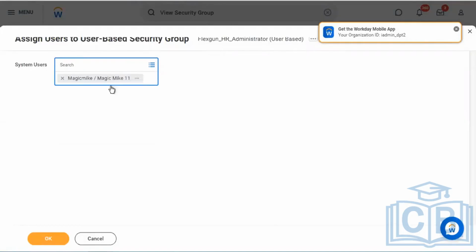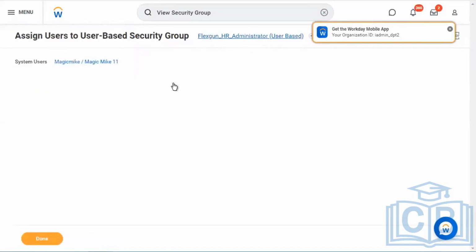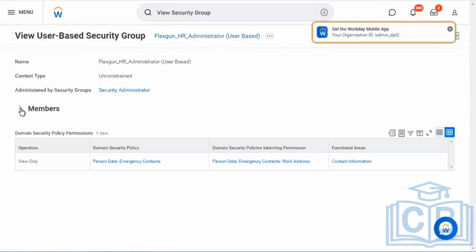Why we need a Workday account is that we can populate the system users there. Else we won't be able to assign users into the group. You have Magic Mike here.